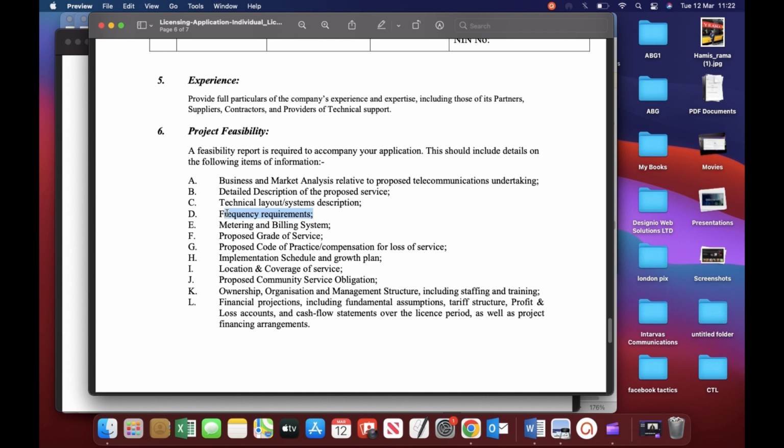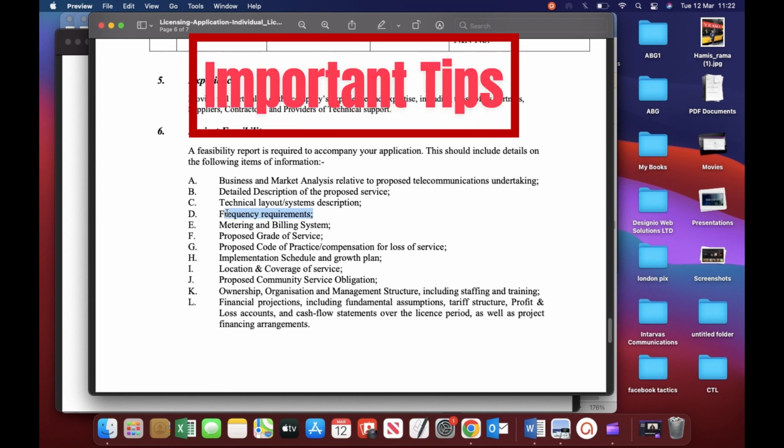Guys, we have come to the end of the points, and I think we have done justice to each of these points that you need to develop contents on. And now it's time for tips and guides, the important tips I give you. One thing I would like to mention is that